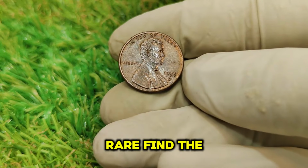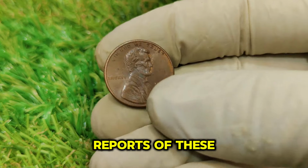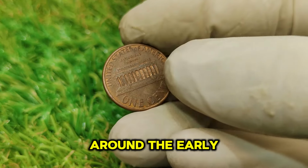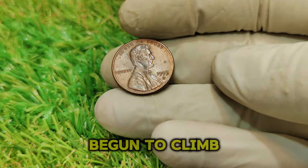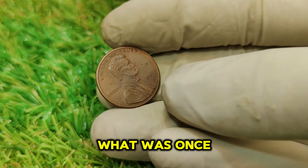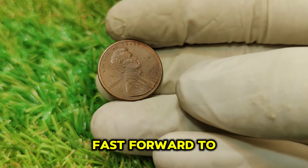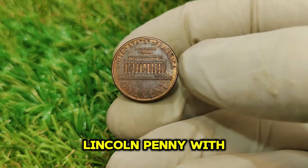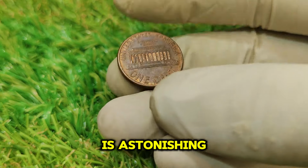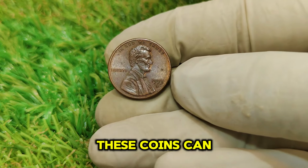As with any rare find, the value of the 1993 Lincoln penny surged. Reports of these error coins started surfacing around the early 2000s, and by 2010, the value of these pennies had begun to climb steadily. What was once a common, overlooked penny became a highly sought-after collectible. Fast forward to today, and the market value of the 1993 Lincoln penny with this specific error is astonishing. According to recent sales data and expert evaluations, these coins can fetch up to